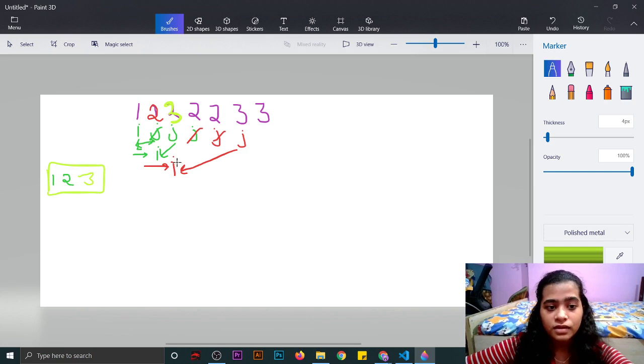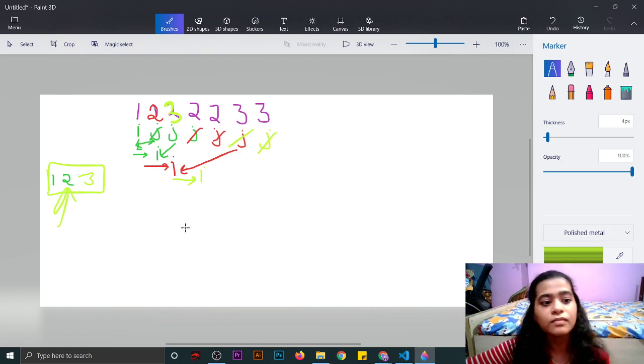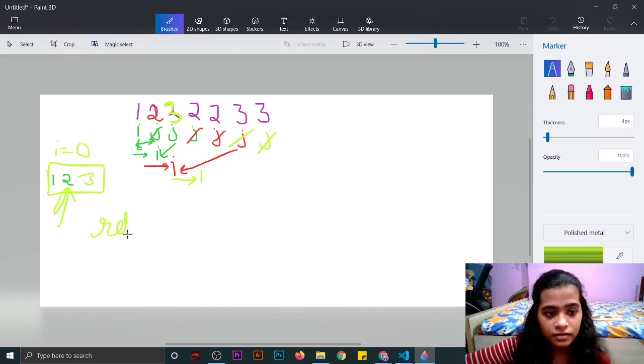And now we will move j forward and compare it with i. But all the elements are traversed, so we will print this array. So we got the unique elements. So this was the optimal approach for this problem. As the index starts from 0, we will return i plus 1 in the function. Return i plus 1.